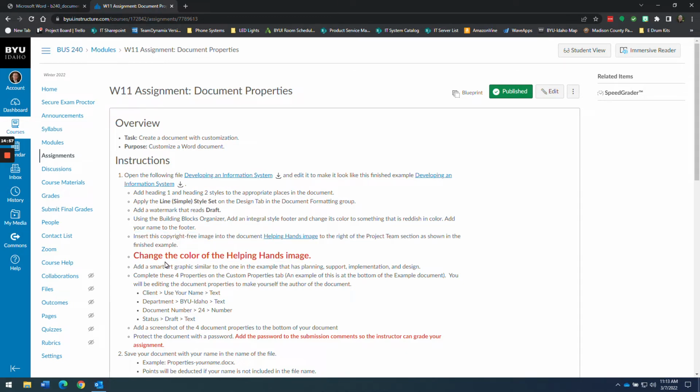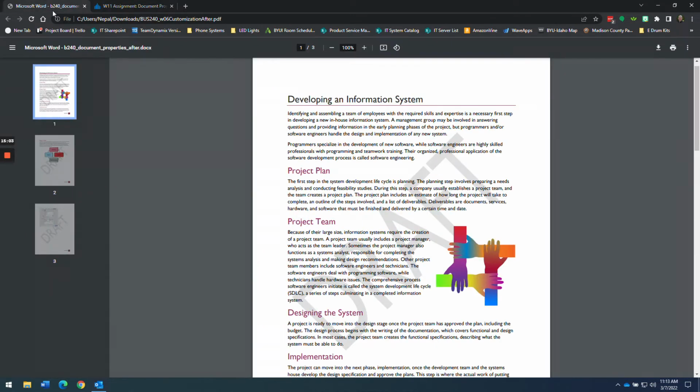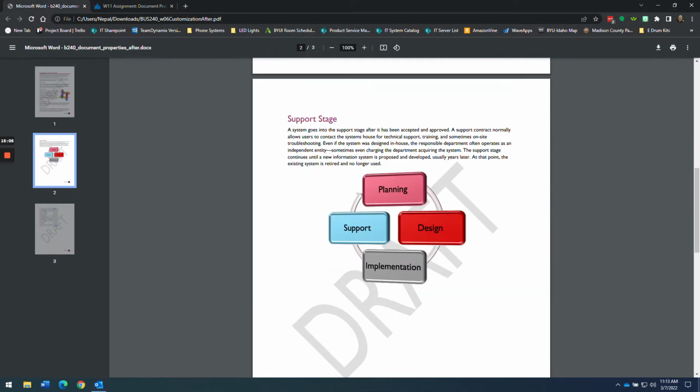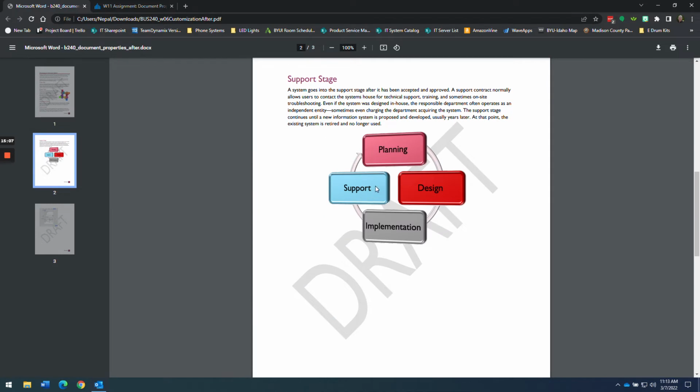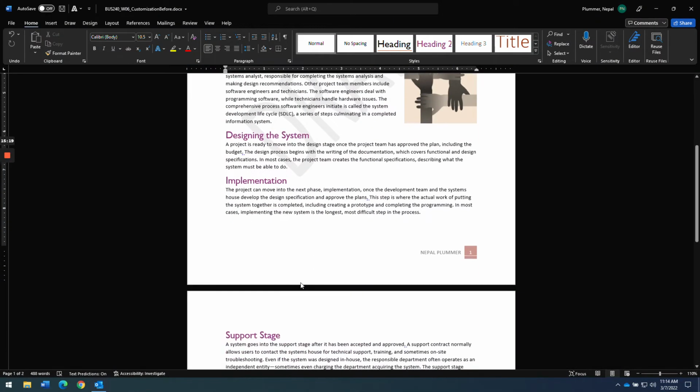Now I want to add a SmartArt graphic similar to the one in the example that has planning, support, implementation, and design. So you'll come here, go down to the bottom of the example document. You can see it says planning, design, implementation, support. I'm going to give you some creative license. Colors don't really matter, but just go ahead and change the colors to something to show me that you know that skill. So we're going to come to the end of the document,